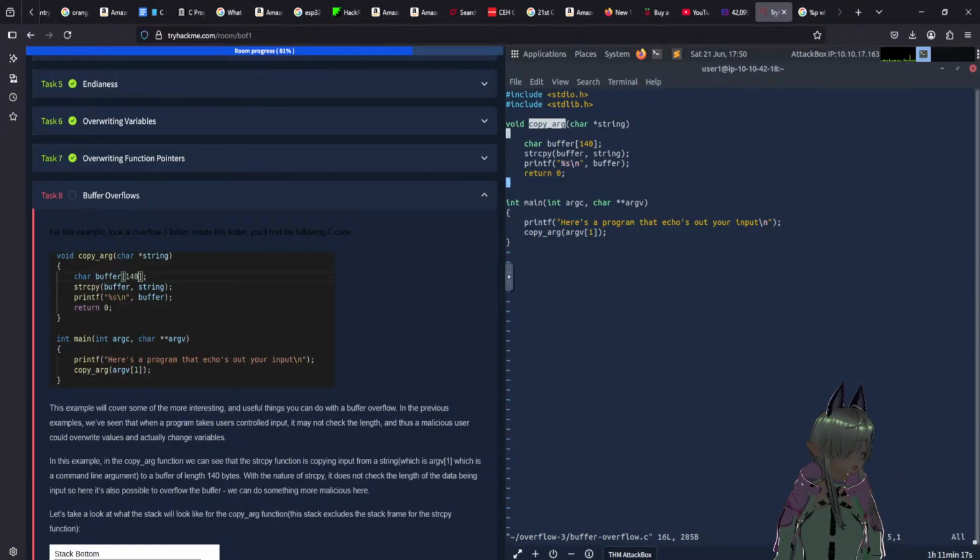So basically to overflow it, we need to write 140 bytes to the buffer, 8 bytes saved RBP,